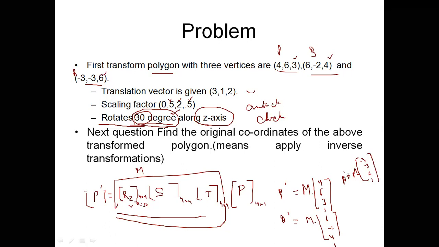Okay, after calculating you will receive p dash, q dash and r dash. So these are the new points after performing the transformation. Okay, so the next question says,